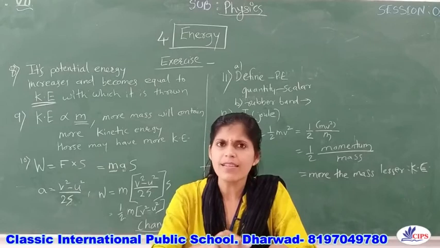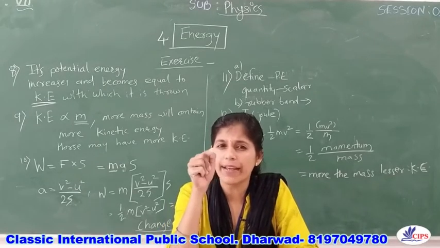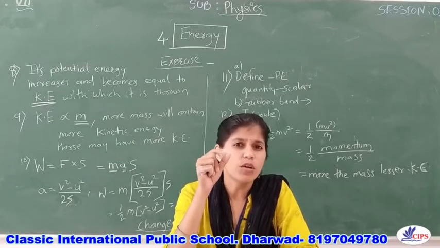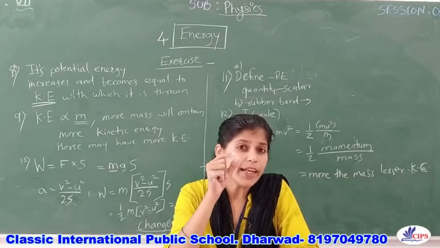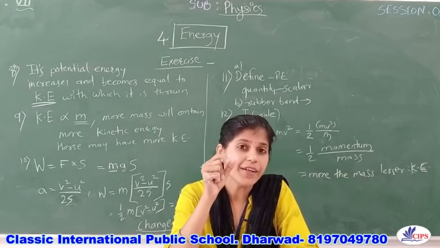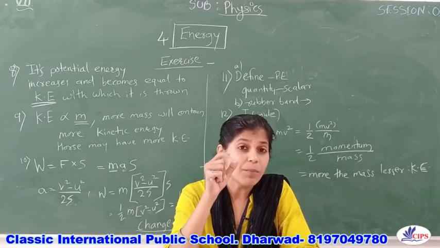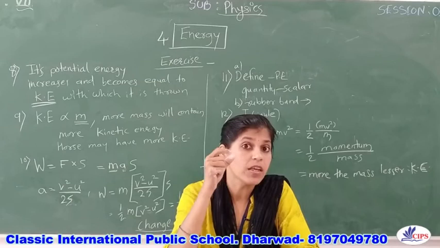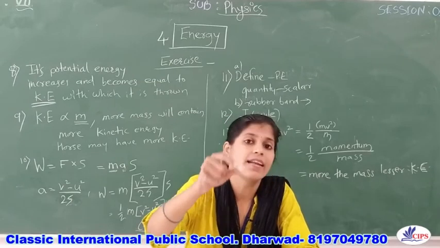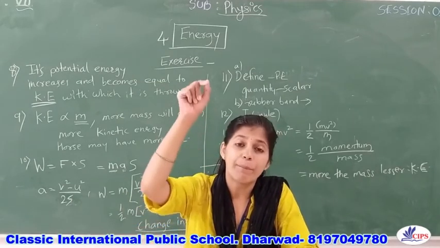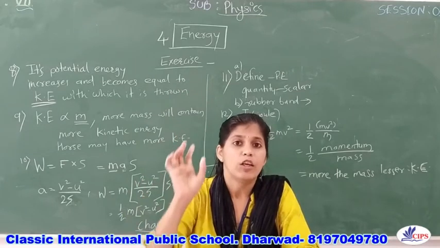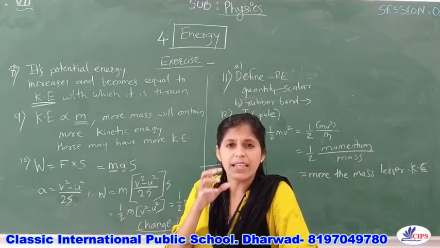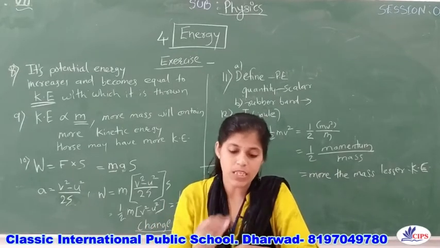This is the reason why a bullet, which is small, will have very little mass, very light. But momentum-wise it will be moving with great velocity, and so it will have great kinetic energy. It will move and just penetrate into the object. So if a moving object has light mass, it can do lots of work this way.